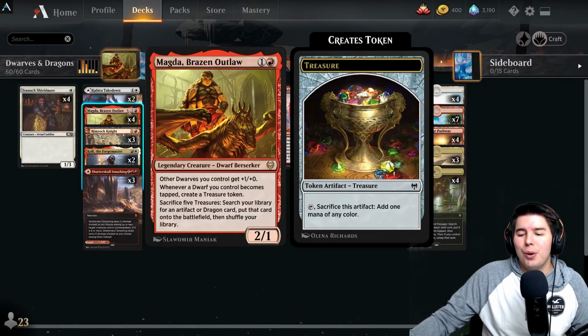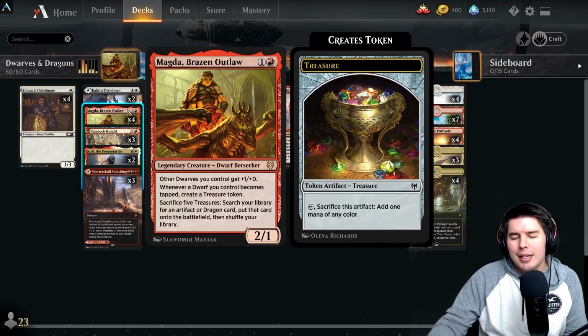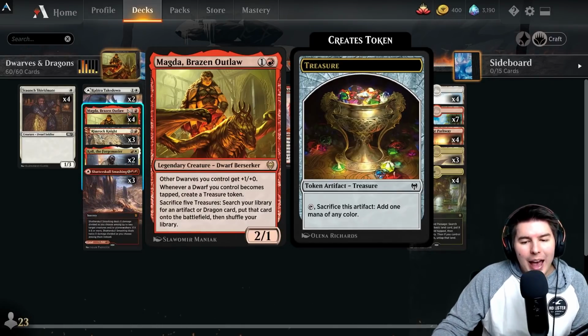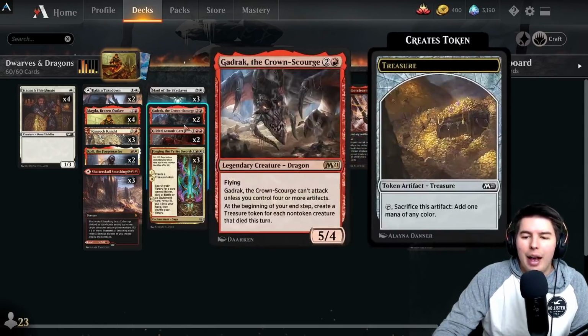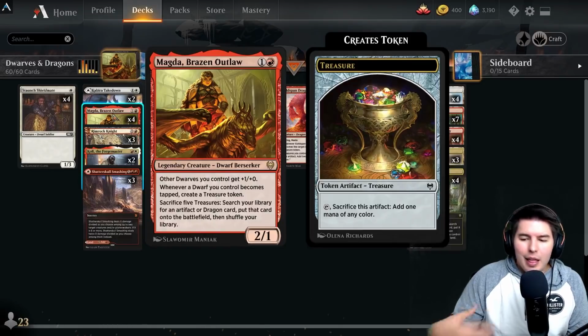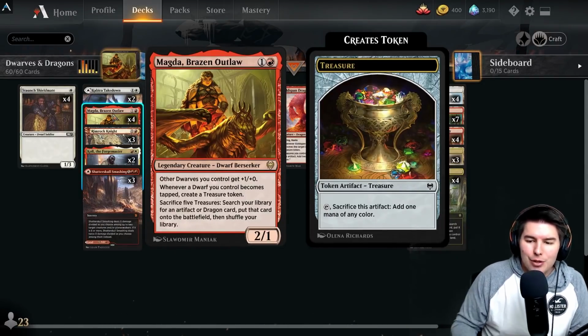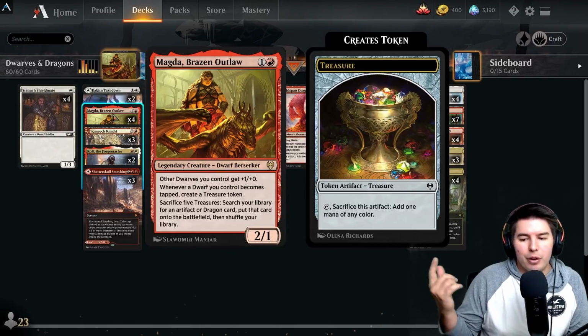Other dwarves you control get +1/+0, so we get a little bit of pump on all of our dwarfy boys. And then whenever a dwarf you control becomes tapped, either through attacking, crewing up our Gilded Assault card, or just other people tapping them down for other reasons, then we get to start creating treasure tokens. Well, we can sacrifice treasure tokens, 5 treasures, to search our library for an artifact card, which can be Embercleave, which does enter the battlefield,